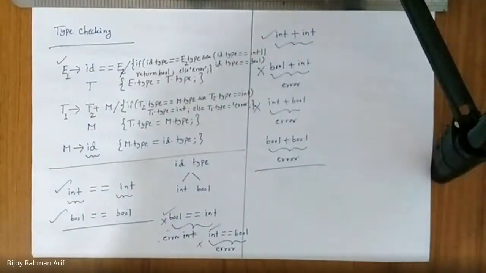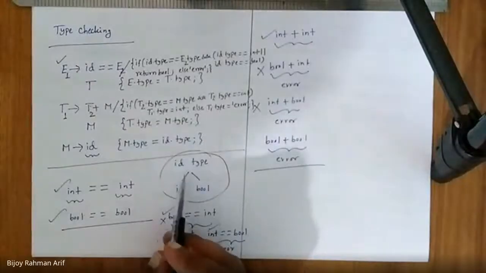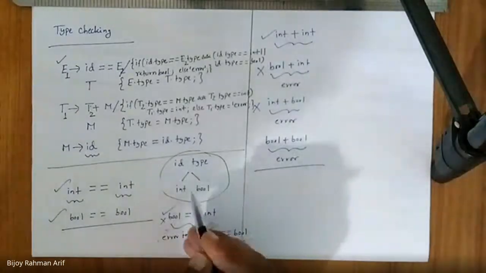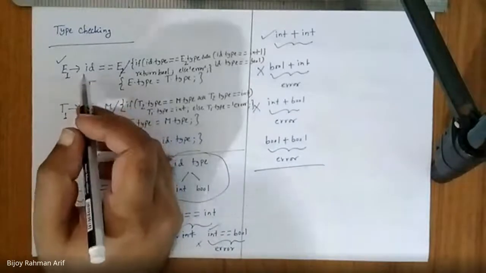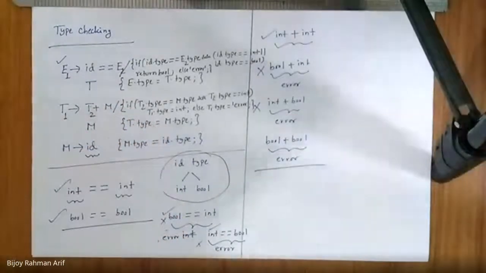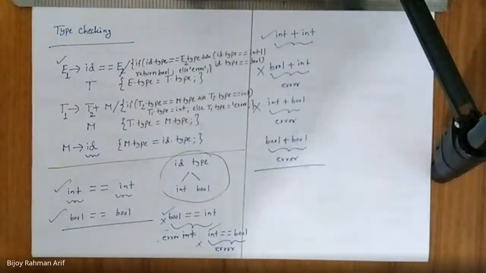Sir, I have a question. Of course. Here the possibilities for ID are two, either int or bool, right? Yes. Because we defined ID dot type, we restricted ID to just two. So if ID dot type equals E2 dot type, then it's valid, right? If both are already errors beforehand, in that case you have to discard it. It is a good question.